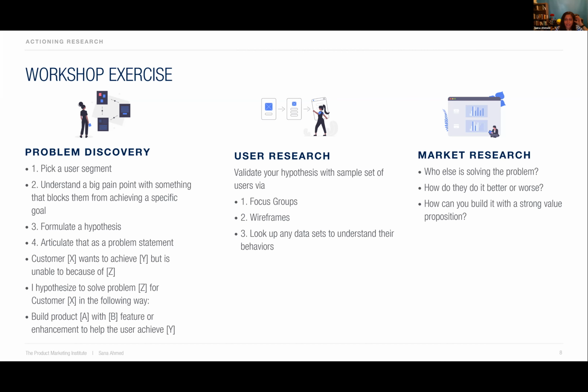So I'm really excited for you guys to see what you come up with. And now the second piece to this is user research. Validate your hypothesis with the sample set of users that we were talking about, right? Someone asks, what's a user segment? What's a user persona? So user persona, we talked about having a certain set of characteristics. We put them in a set of user segments. And now within that user segment, we're going to speak to a specific group of people and have focus group